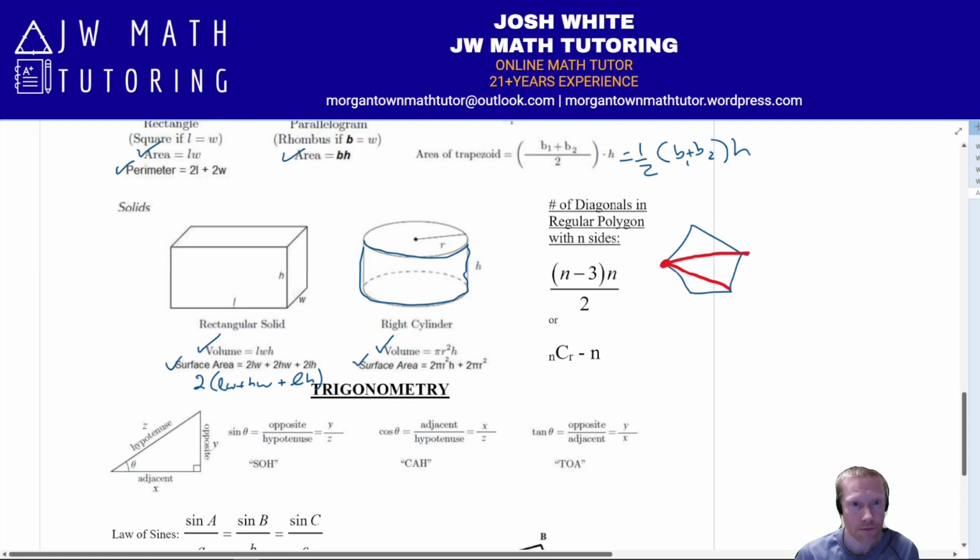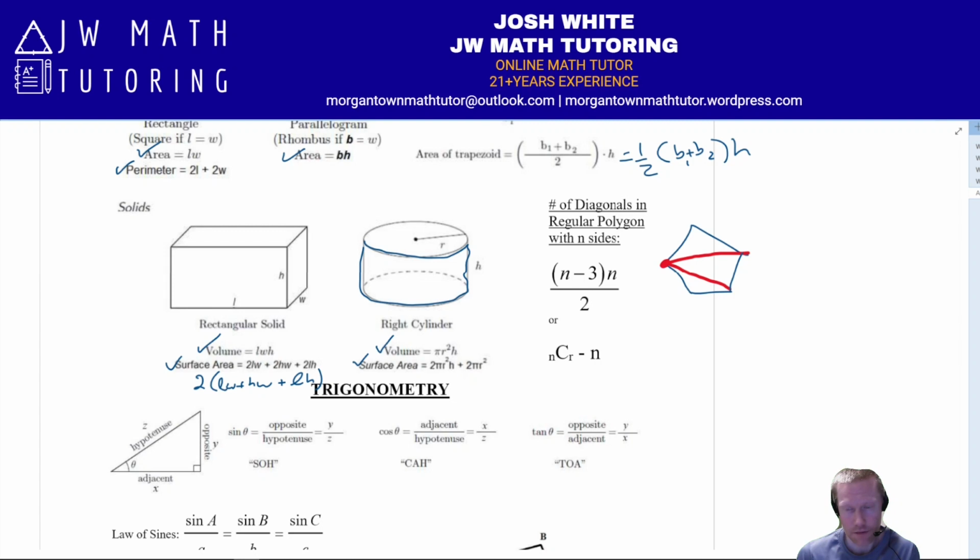So you can see the formula there. It's n minus 3, where n is the number of sides, times n, divided by 2. So you just plug it into that formula. Or if you're familiar with probability and statistics like combinations, and this can just be done on the calculator, it also just works out to nCr